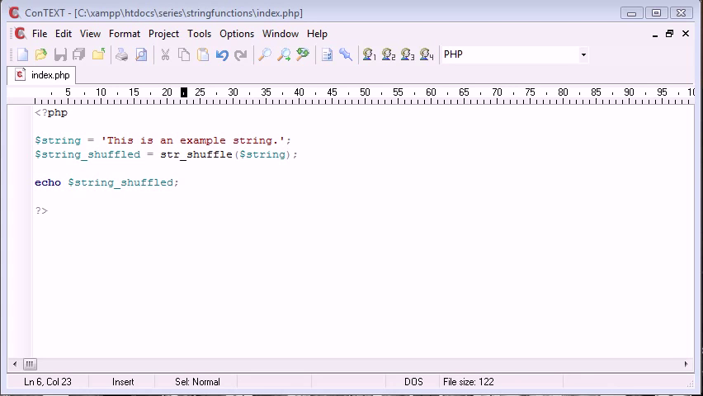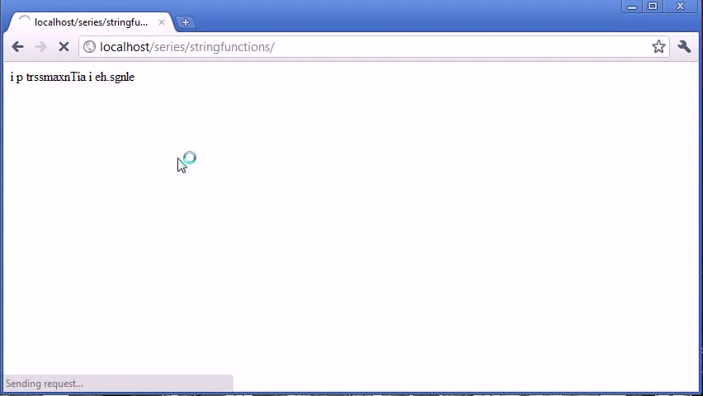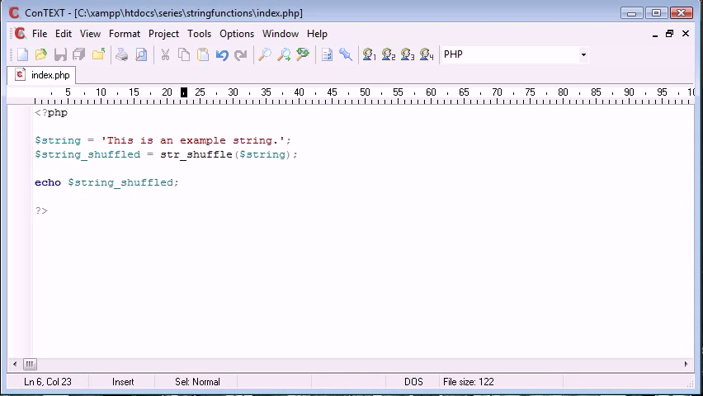But string shuffle is great for just randomly generating, you know, some text, but giving it a sensible value as well. So instead of, say, generating a massive random number or an MD5 hash, you can use this string shuffle to shuffle some characters. Another really useful use, if you like, for this function is,